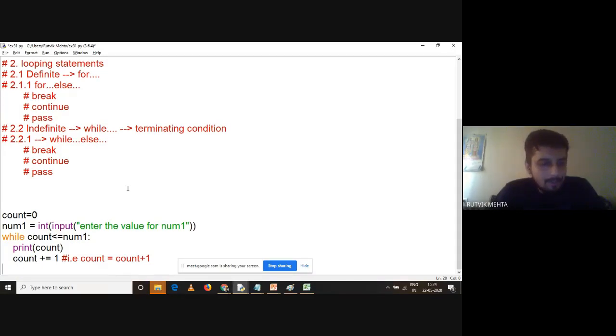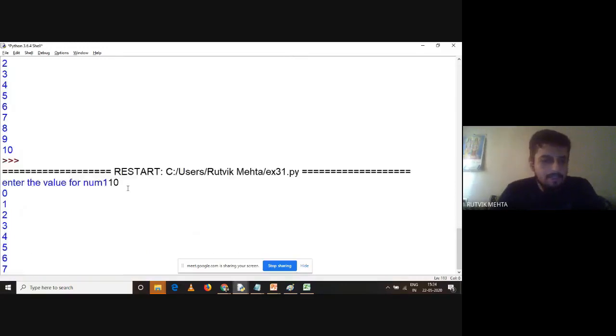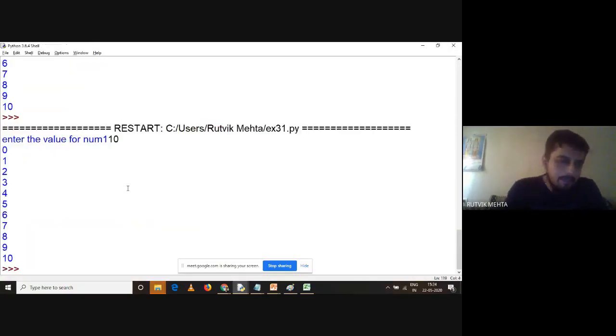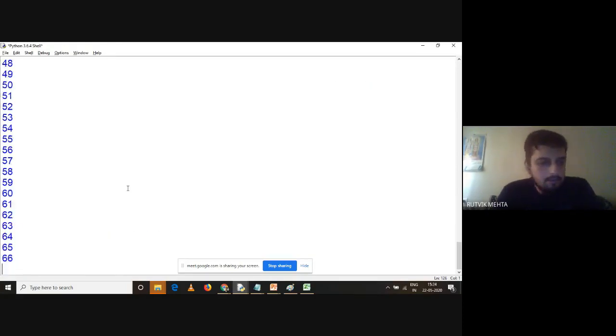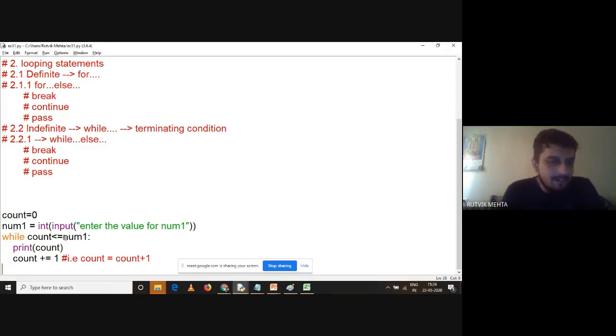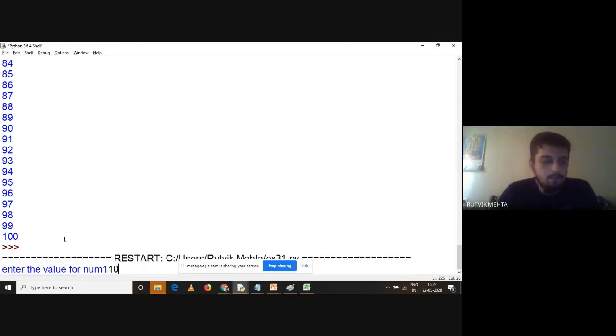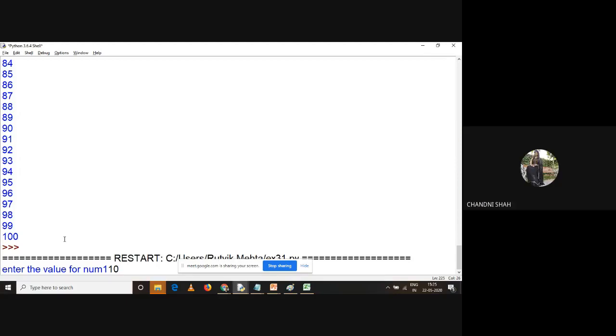And this is our simple example, and this is going to print 0 to 10, right? Let us run it, and I'm going to enter 10, and it is going to print 0 to 10. You can keep any random value, let us say 100, and it is going to print 0 to 100, right? Now, if I remove this equal to, and again if I enter 10, just for curiosity, what will be the output? If I remove equal to and if I enter 10, what's the output? 0 to 9.